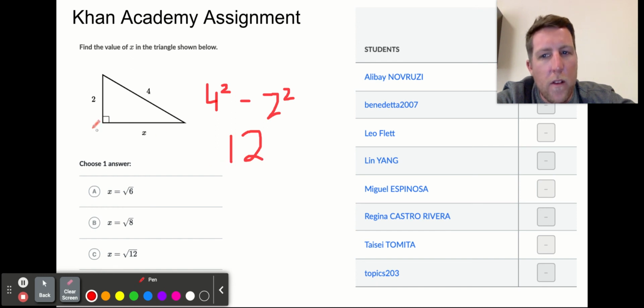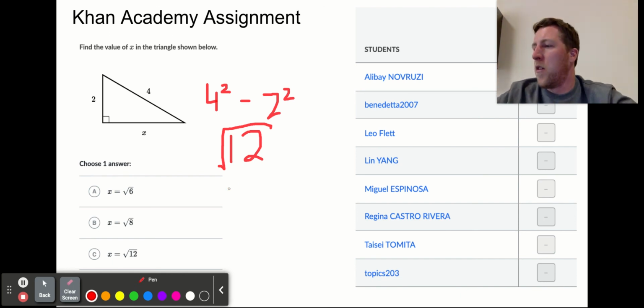Okay, but this is not 12. Maybe it gives you a 12 as an example. I can't see it because my screen's cut off. But of your options here, these ones all have a square root. And sometimes it's easier to write the square rooted version. Remember, this isn't going to be 12. It's going to be the square root of 12. Sometimes it's easier to write the square root version like this, square root of 12, than it is to write